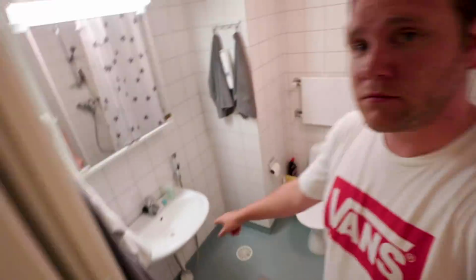And it's really only genius for one reason, that is space saving. It means that you can have the shower quite close to the toilet or a sink or something. And I've seen this quite often in Finland, in apartments and houses. Actually, in our Kamppi apartment, it was a separate shower room and toilet. So I don't know if this is particularly typical or if it's just more of a space saving thing. But yeah, this is our bathroom, shower, toilet, sink,